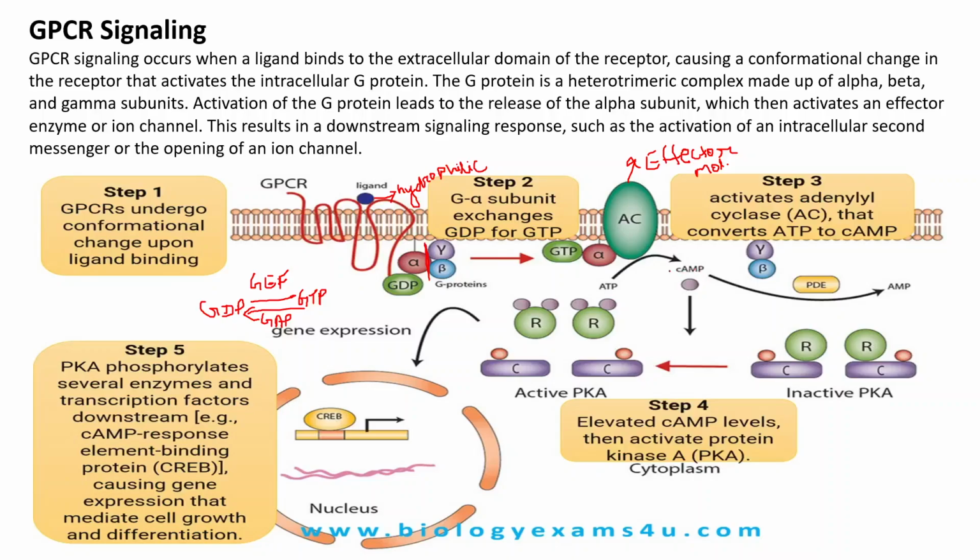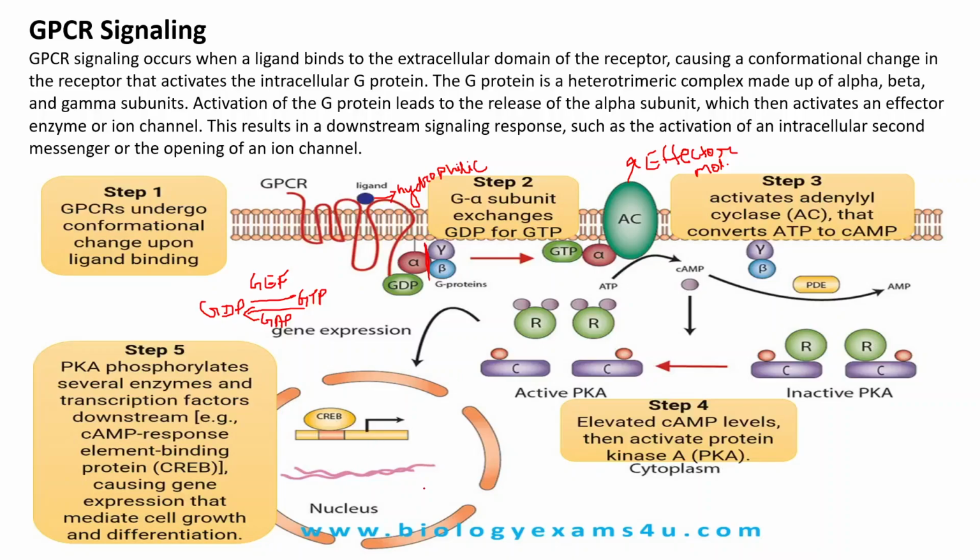Because of the conversion of ATP to cyclic AMP in the cytoplasm, the cyclic AMP concentration will increase. This increased level of cyclic AMP will go and activate the inactive protein kinase A. Protein kinase A has two subunits: one is the regulatory subunit, another one is the catalytic subunit. It is a homodimer, and after activation, this protein kinase A will go to the nucleus and